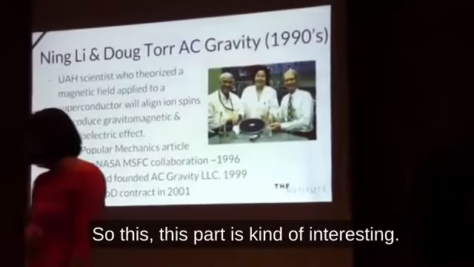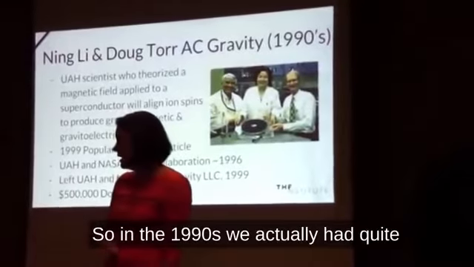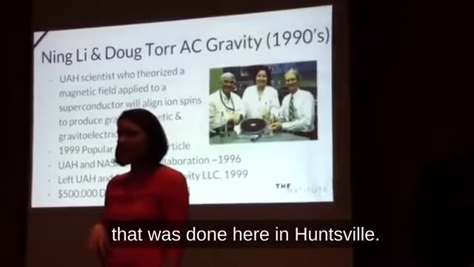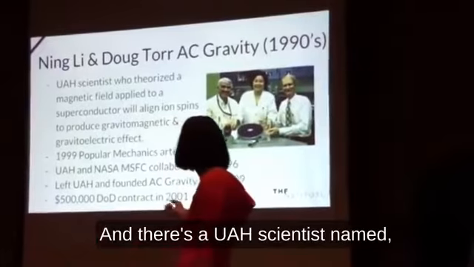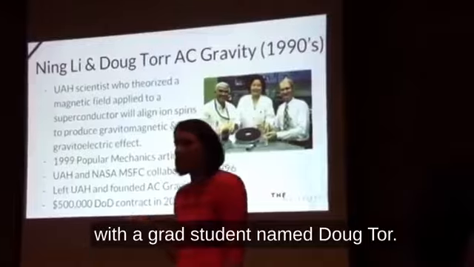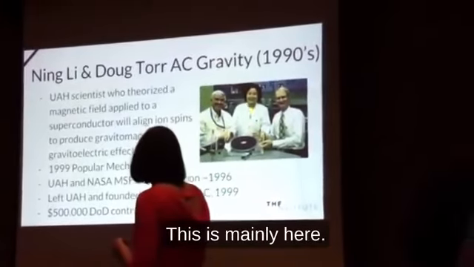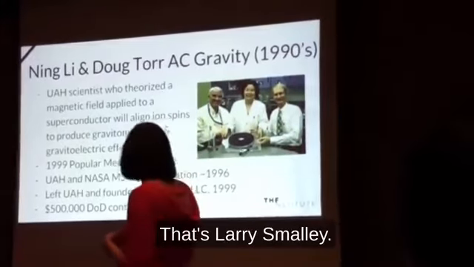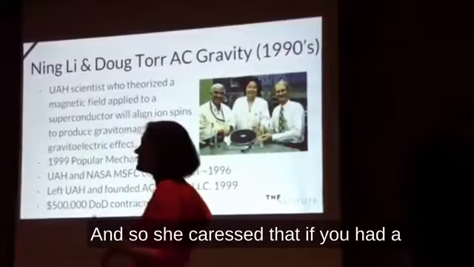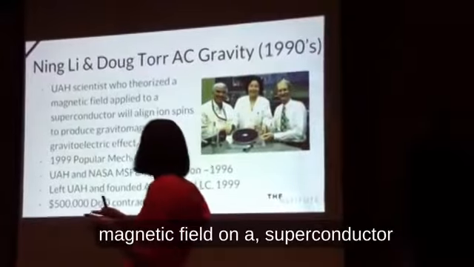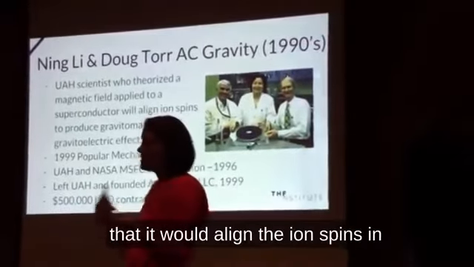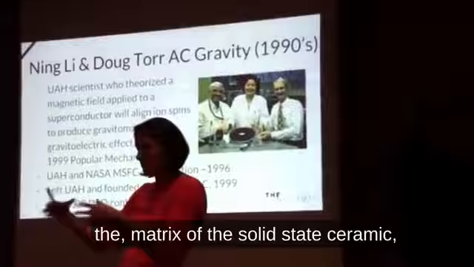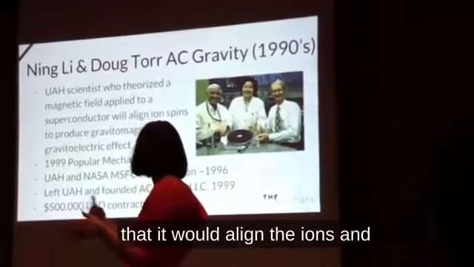So this part is kind of interesting. In the 1990s, we actually had quite a bit of anti-gravity research done here in Huntsville. There's a UAH scientist named Ning Lee, and she worked with a grad student named Doug Torr. This is Ning Lee here, that's Doug Torr, and that's the chair of the physics department, Larry Smalley. She theorized that if you had a magnetic field on a superconductor, it would align the ion spins in the bond matrix of the solid state ceramic, that it would align the ions and produce this